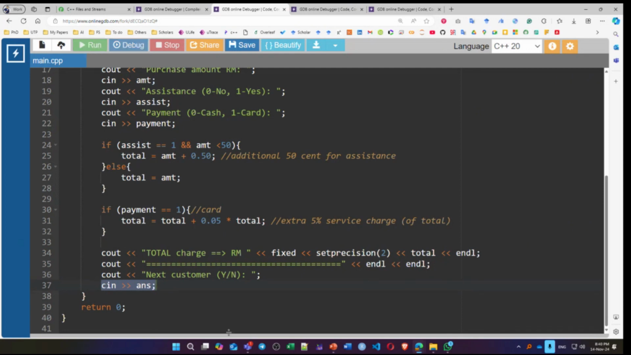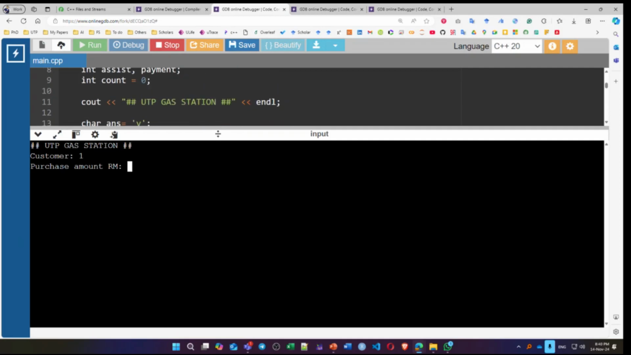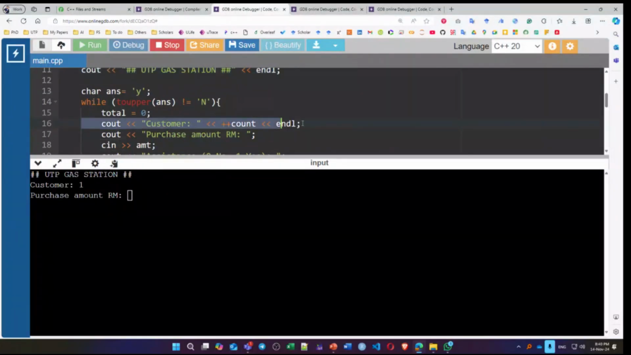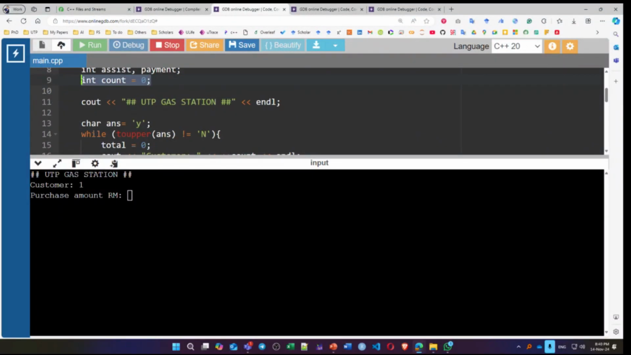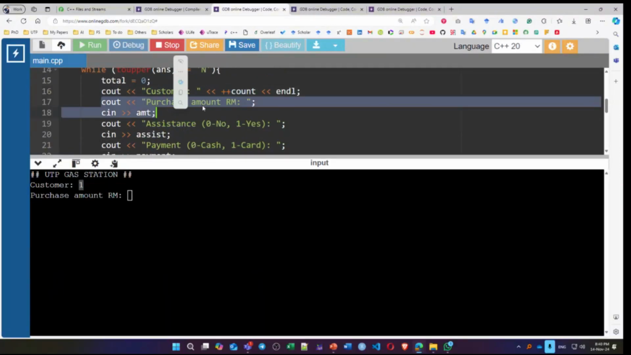So let's see if I run this code, I will get this one. The first one here, this is the introduction. Then I printed the customer number. Right now, counter, we started from 0. So when I say plus plus counter, that means it will print 1. That's why we get customer 1. Then I will ask about the purchase amount. If I say, for example, 60,